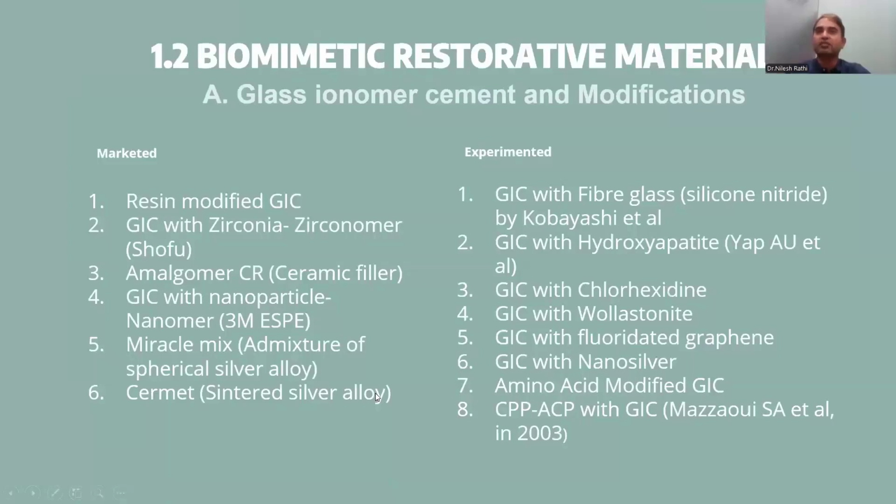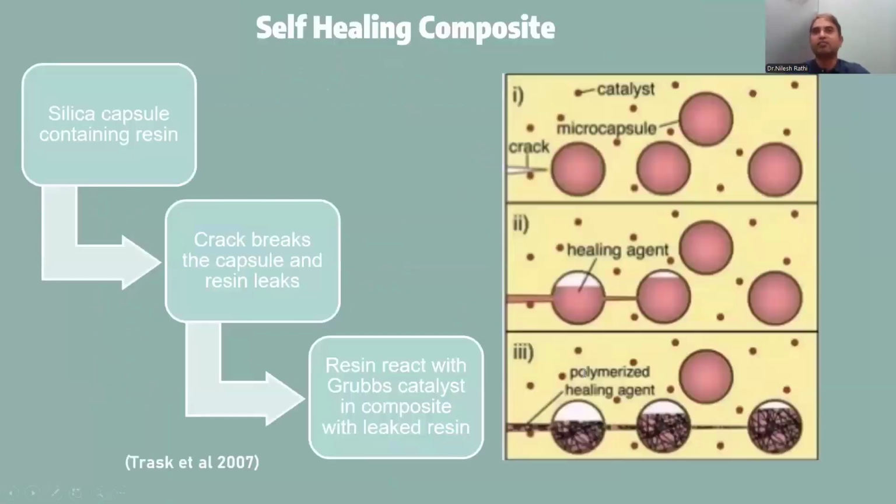There are various modifications in glass ionomer cement. Normally we use resin modified GIC, GIC with zirconia, amalgomer CR, GIC with nanoparticles, miracle mix cements. But apart from that, many studies have been conducted by adding chlorhexidine, hydroxyapatite, fiberglass, wollastonite, nanosilver, and ACP, CPP. There are multiple combinations that I won't discuss in detail. But the most interesting thing